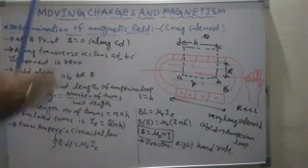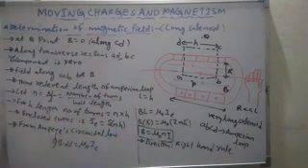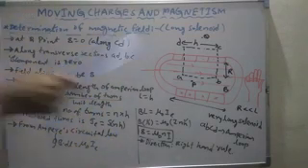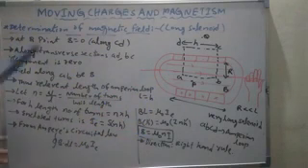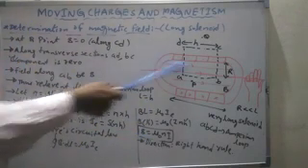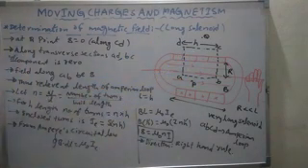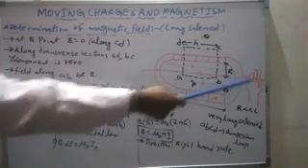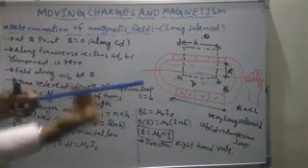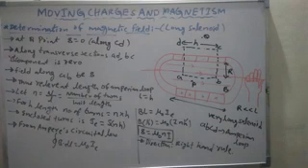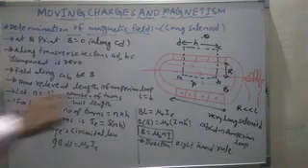Listen carefully. In the board examination, they will ask you to give the expression for the magnetic field induction due to a current carrying infinite length solenoid inside. How much is it? Mu naught N I. Outside it is 0. Inside, all the magnetic field lines are parallel to each other, meaning the magnetic field is uniform. By using which rule can we determine the direction of the magnetic field in a current carrying solenoid? The right hand rule. Place the fingers along the current direction, and the direction in which the thumb points is the direction of the magnetic field.